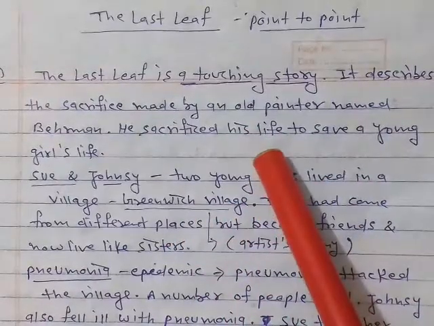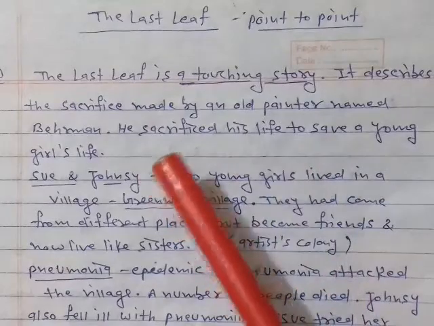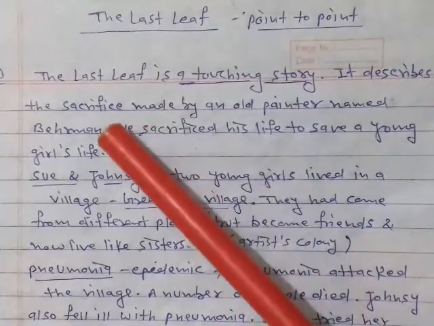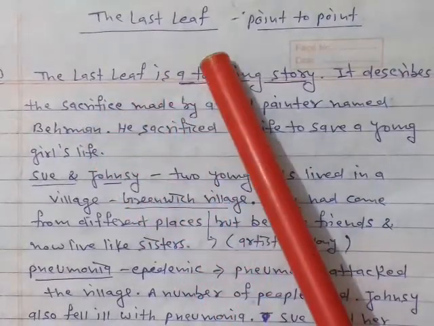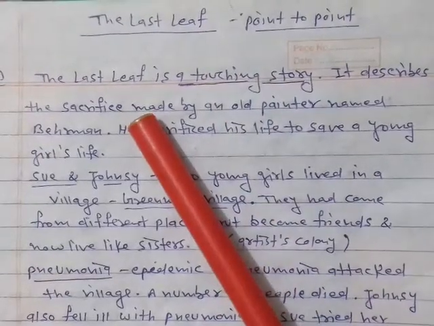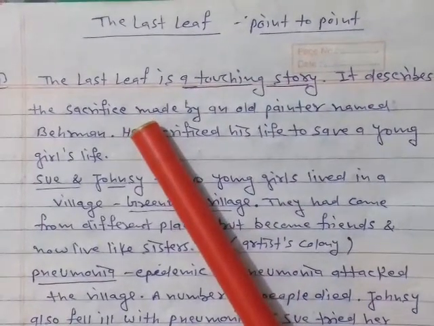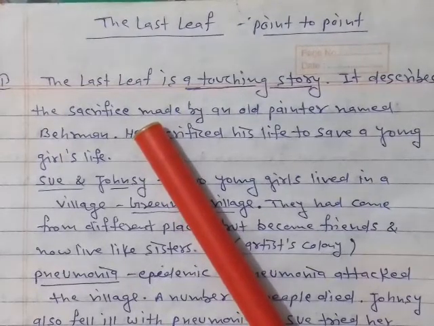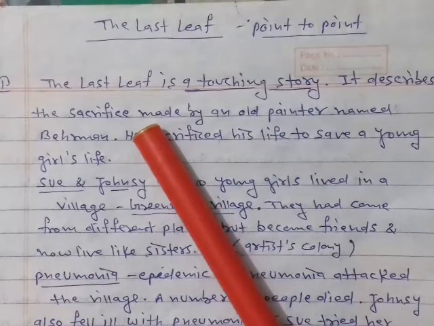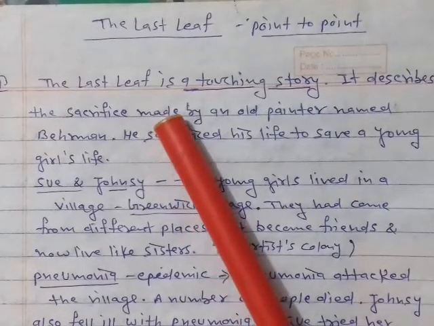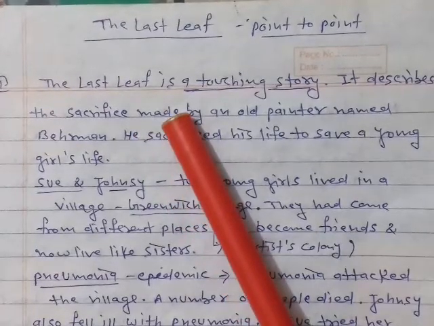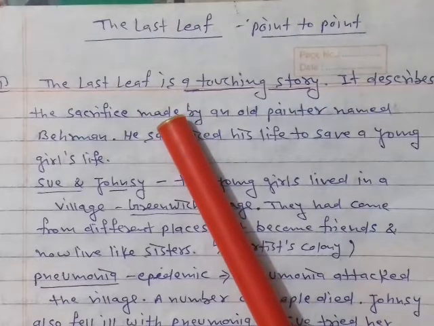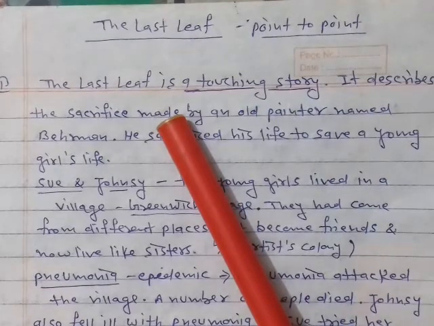Let us discuss point to point the story of O. Henry's The Last Leaf. The Last Leaf is a short story published in 1907. It is set in Greenwich Village during a pneumonia epidemic. The main plot is concerned with Johnsy, a young woman who is seriously